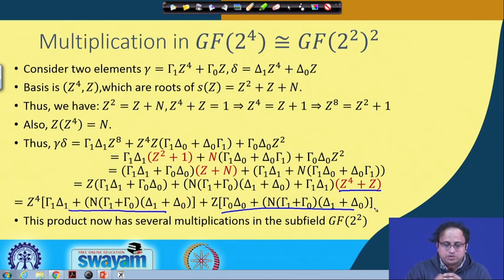Now we are in a position to derive the corresponding equations of the underlying fields. We basically have to consider one very important step, which I already tried to point out in the circuit diagram, which is the squaring and the scaling operation. That is the crux of the operations, why the normal basis representation is so efficient, or so compact, and that we will study in the next class. Thank you.